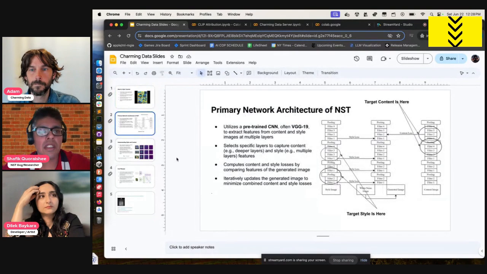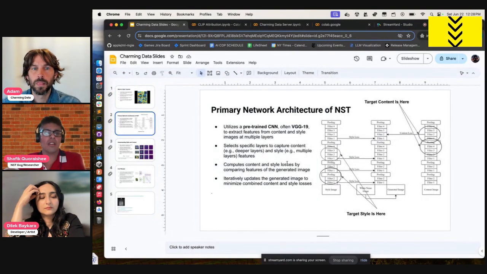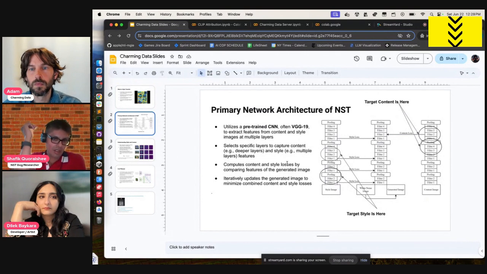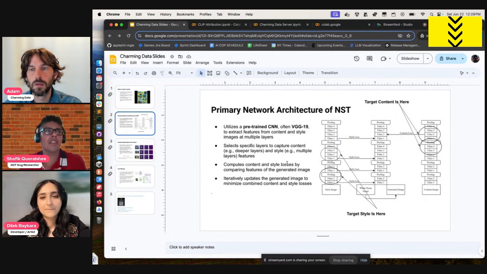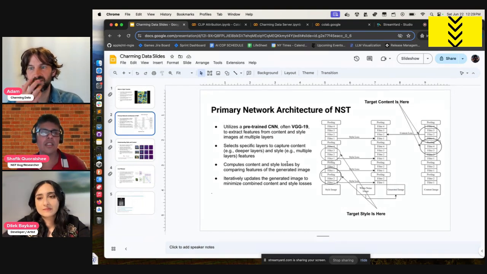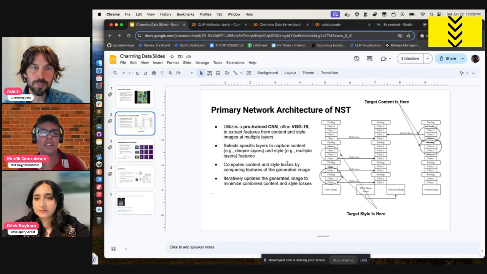Without going too much into the specifics, here's an example of a particular type of network known as VGG19, which is a very powerful network. It has been superseded, actually, but at the time that style transfer became a big thing, in the mid 2010s, this network was used to extract style from content. Roughly speaking, at a high level, the network is a convolutional neural net that's been pre-trained on ImageNet, a data set of many different images obtained from all across the internet. The network itself can also be trained on artist-specific images.